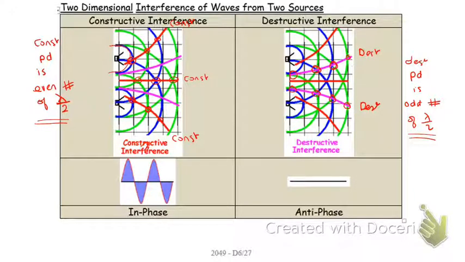If it was a sound system, I hear loudness. And if it's down here, I'm going to get a destructive interference. I would hear silence or quietness. And I don't notice it in things that change in time. And I actually don't notice it in modern music or any kind of music, because it's too complicated. Different frequencies have different wavelengths, so what works for one frequency does not work for another frequency.